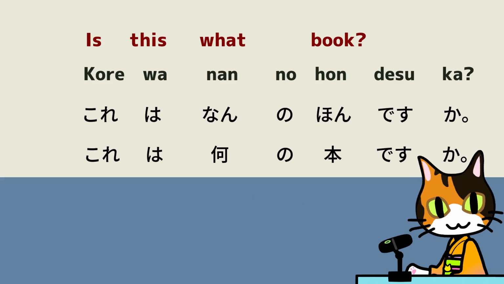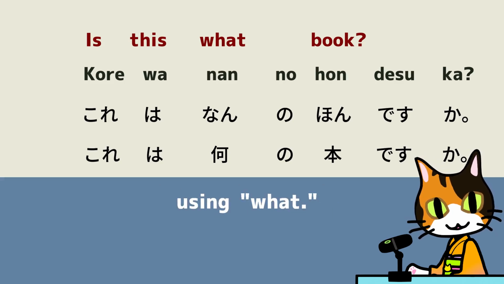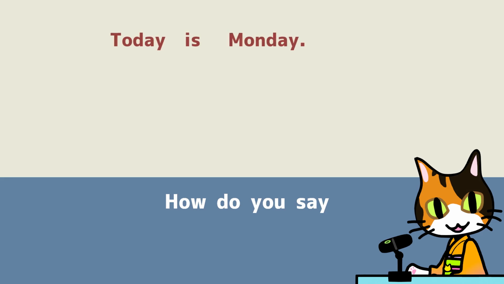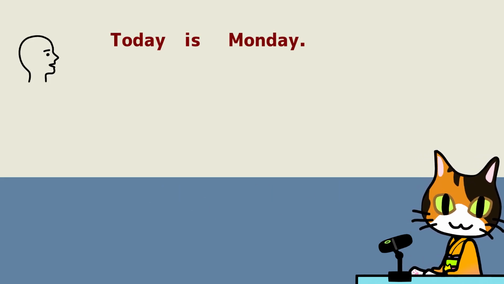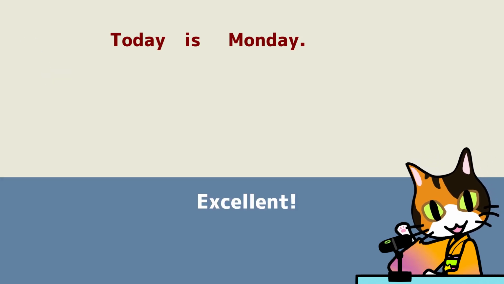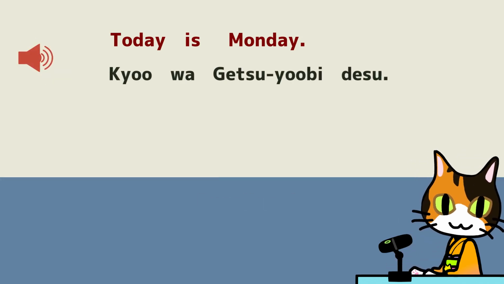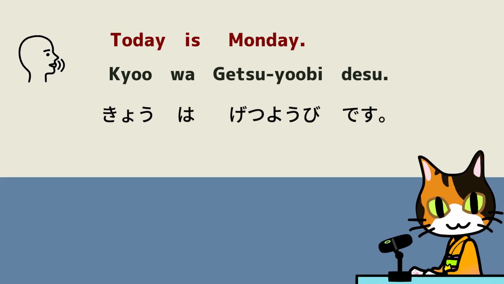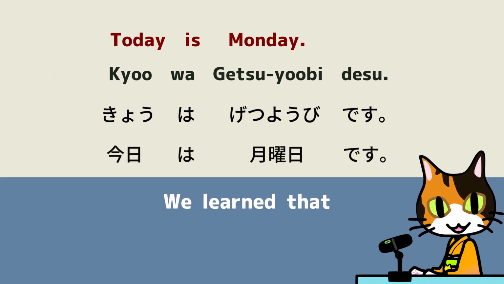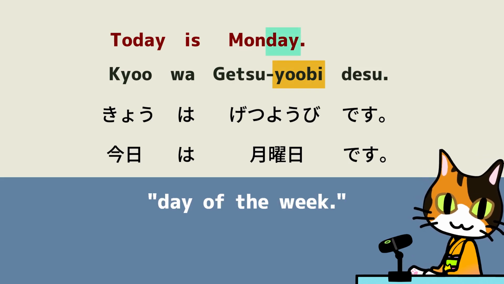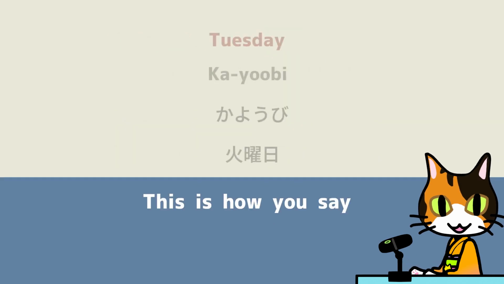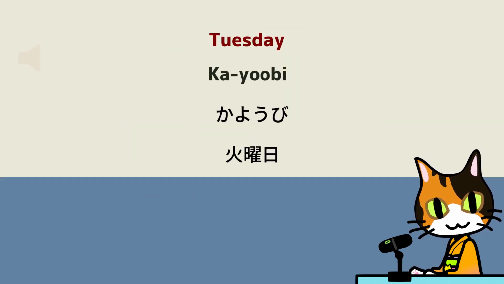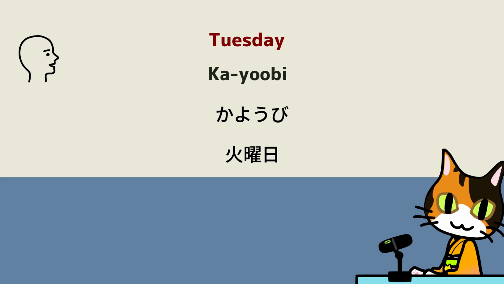Very good. Let's practice another type of question using what. How do you say, today is Monday? We've practiced this before. Excellent. 今日は月曜日です。 We learned that yobi means day of the week. This time, let's practice on Tuesday instead of Monday. This is how you say Tuesday. 火曜日。